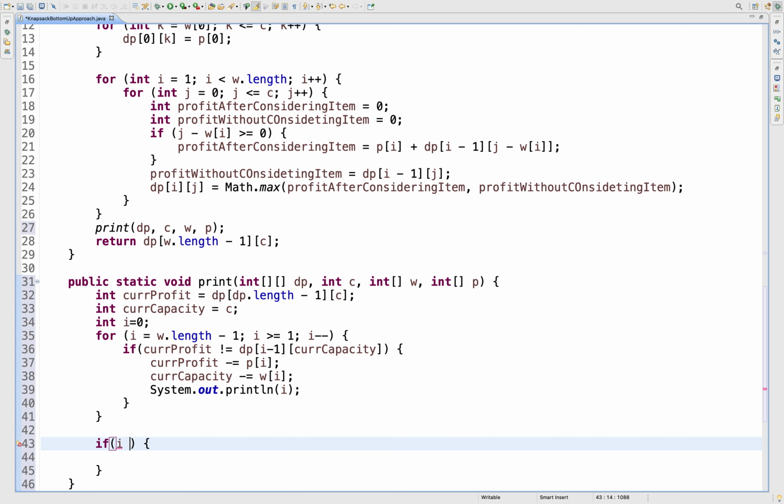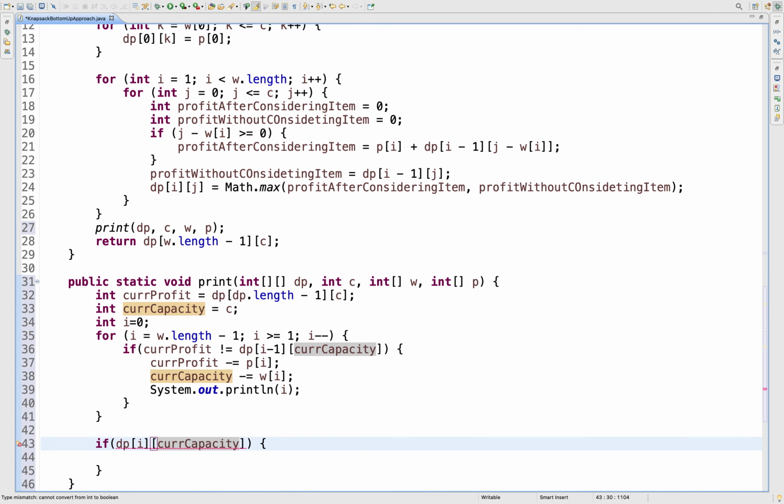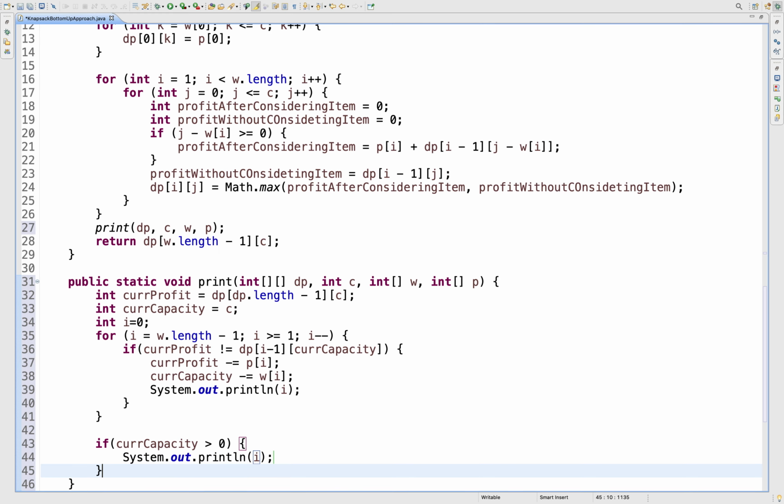If dp of i and current capacity, so if I reach the first row and still my current capacity is greater than 0, then I should print i, right?